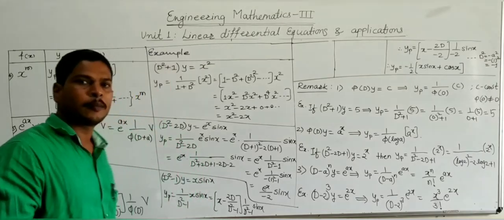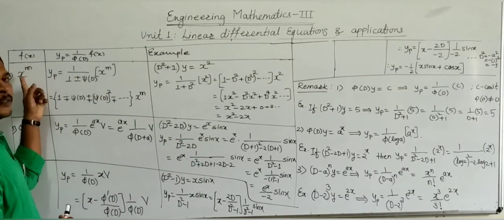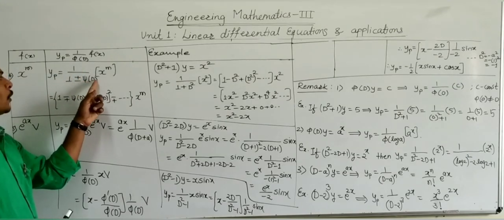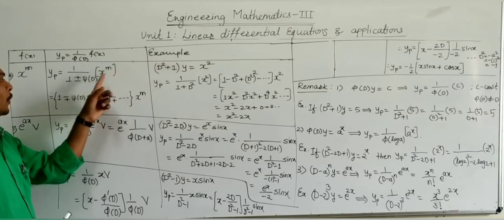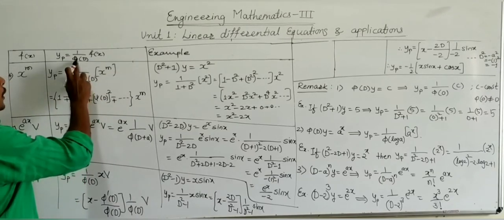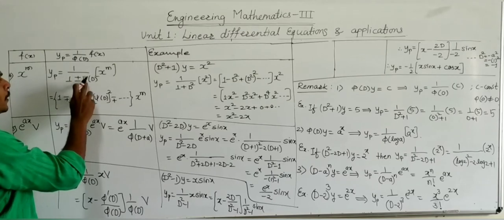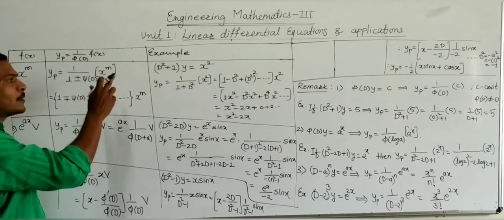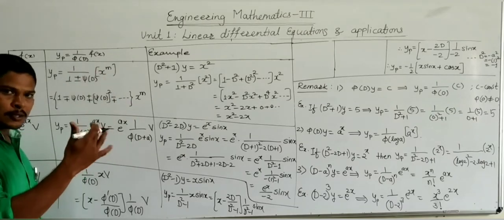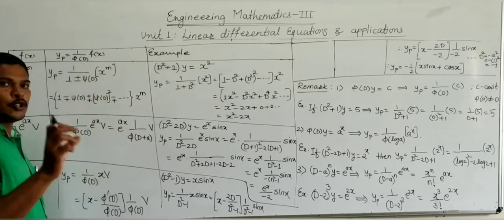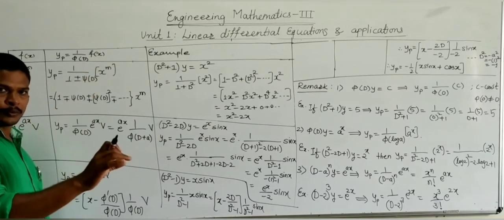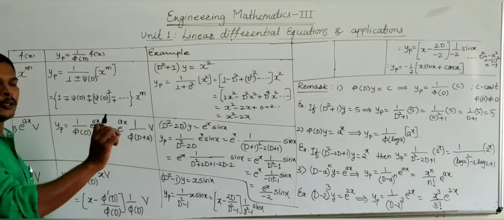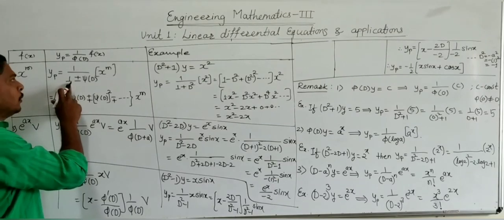Now the fourth case of the shortcut method: if f of x is a function x raised to m, then yp is equal to 1 upon plus or minus psi of d, x raised to m. In that case we write phi of d in the form 1 plus or minus psi of d. For that, take the constant term common with its sign from phi of d. If the constant term is absent in phi of d, then choose the minimum power term of d and take it common with its sign and coefficient. In that way we get the term 1 in our phi of d.